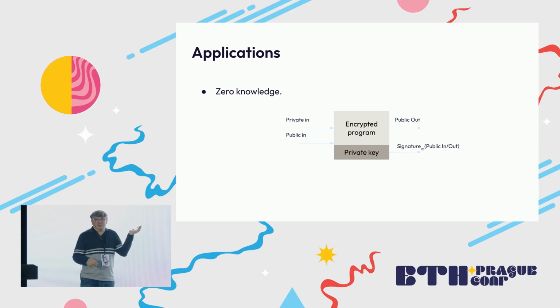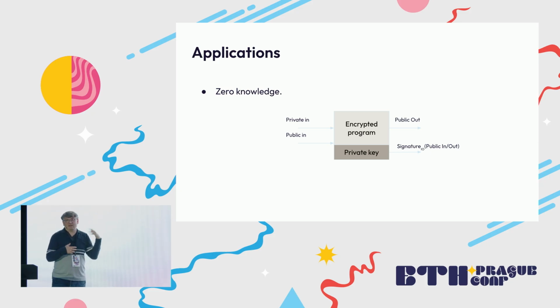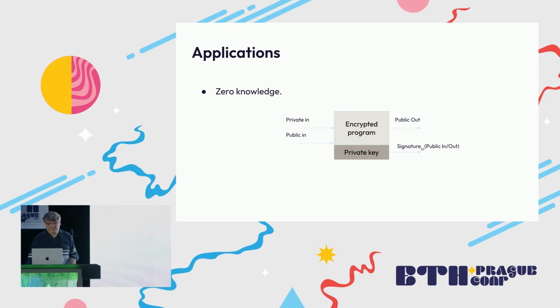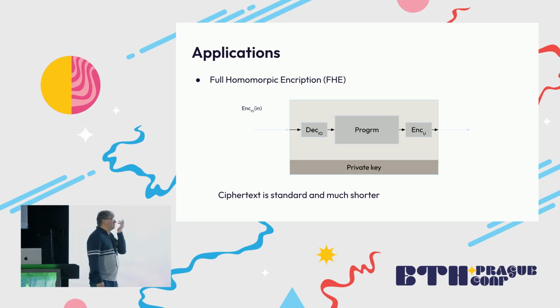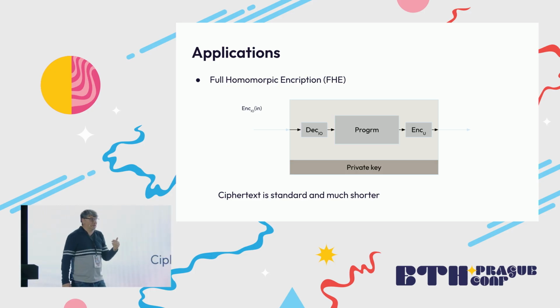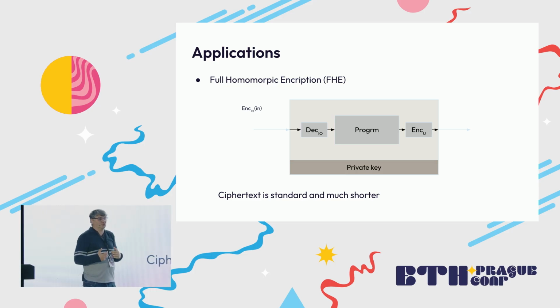So even for something as simple as that, you have a lot of advantages. What else can you do? Well, you can easily do fully homomorphic encryption. Homomorphic encryption means that you want to do a computation, and you use a trustless computer: I encrypt my data and give it to you, the computer executes the computation in encrypted form and returns me the result, and then I decrypt it.